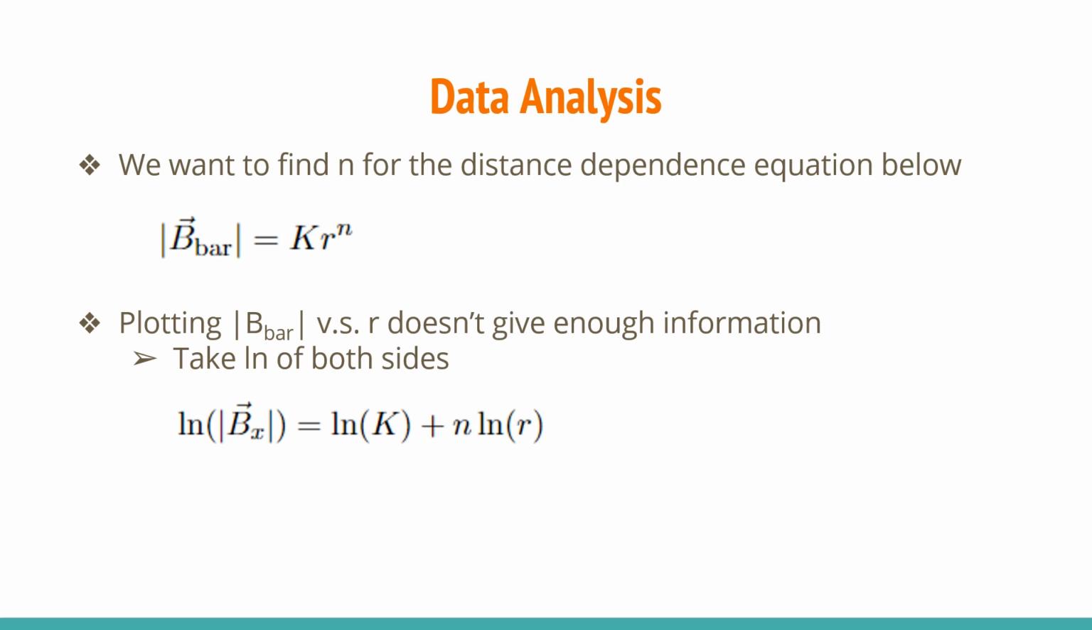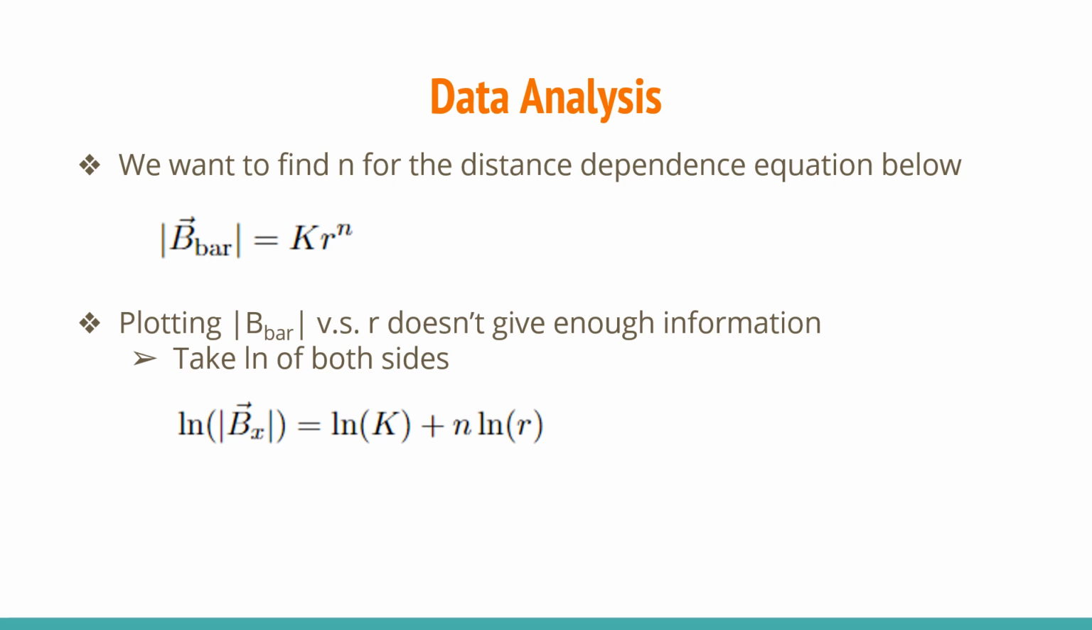Assuming that the magnitude of the magnetic field due to the bar magnet is proportional to some constant times some power of the distance, I can write the dependence as B bar equals K times R to the N. I expect the magnitude of the magnetic field to decrease with distance, so N should be a negative number. From a plot of the magnetic field versus distance, it's difficult to tell exactly what the experimental value of N